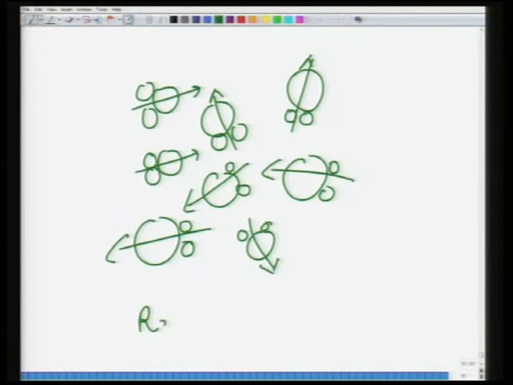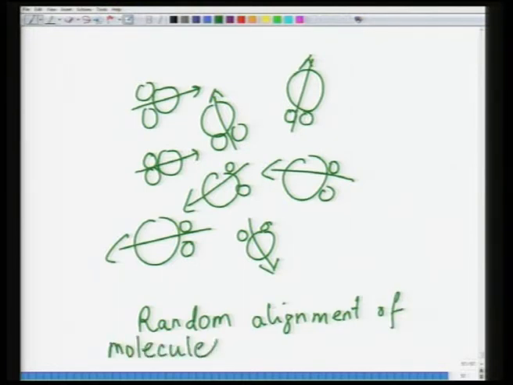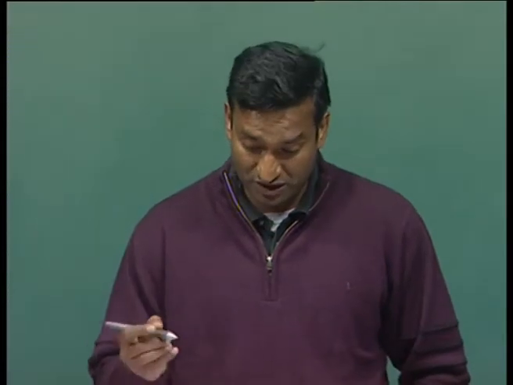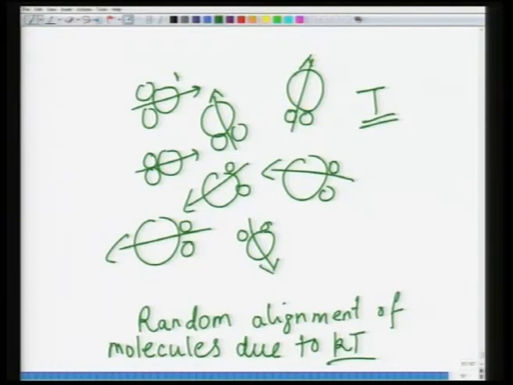So basically what we have is random molecules due to kT. At a finite temperature T, all these molecules have sufficient energy to randomize their orientation with respect to each other. Each of these molecules will have mu,